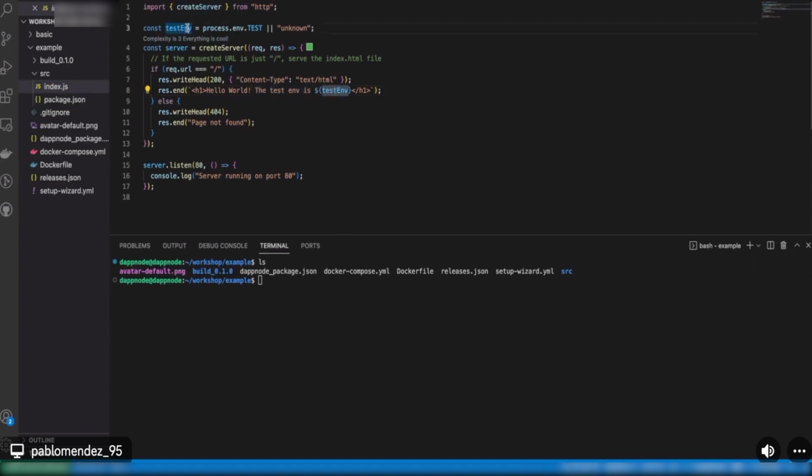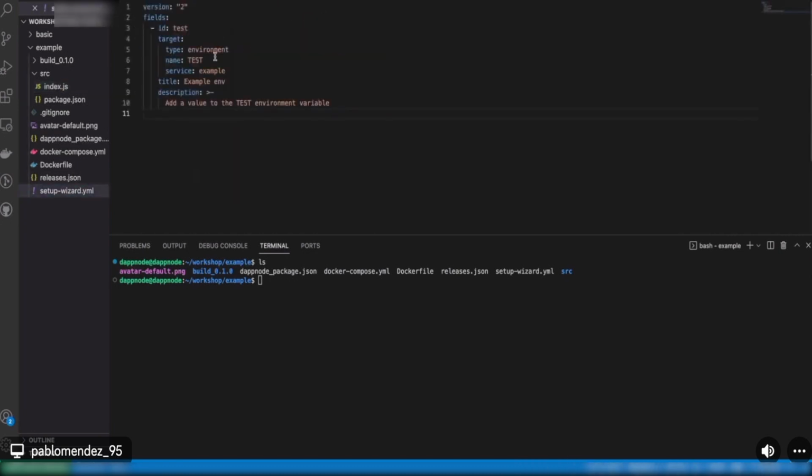So this environment variable, which is test env, will be set by the user during the installation process. So here is the magic. This package will be installed by the user manually, and then during the installation process, using the setup wizard, I will ask the user to set this test environment variable.